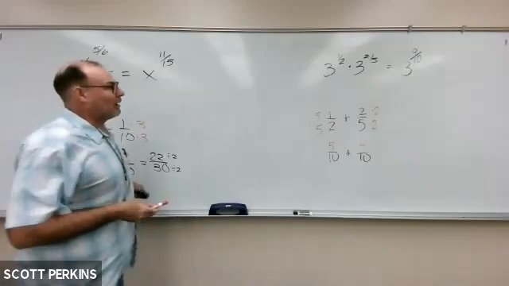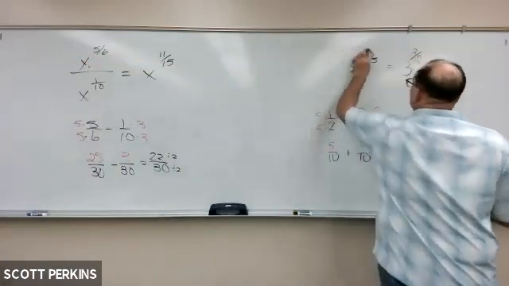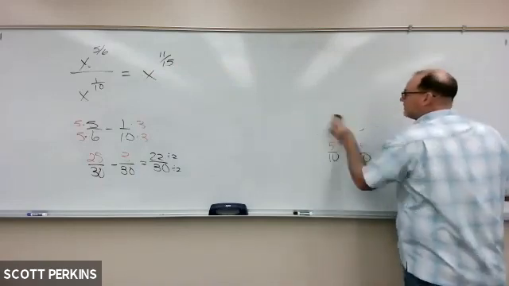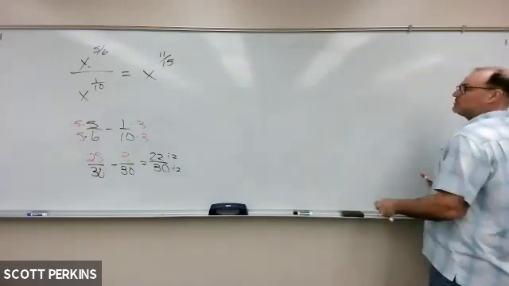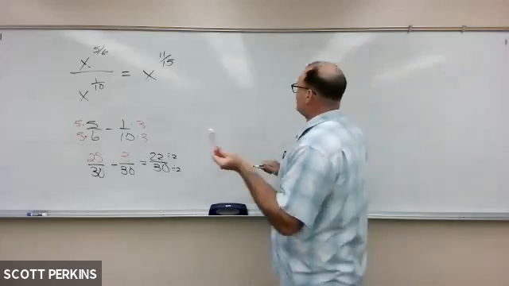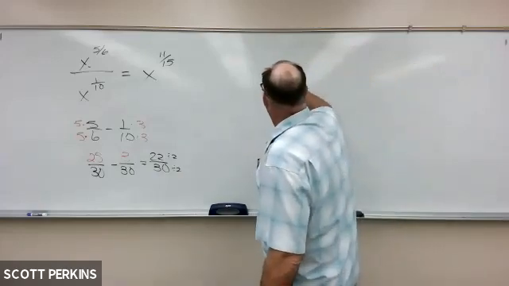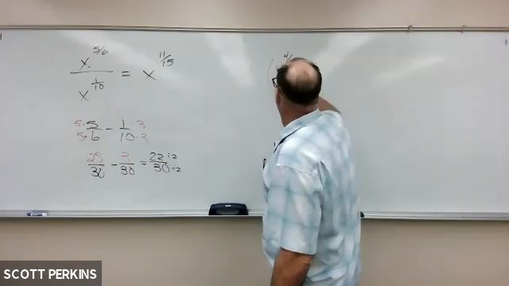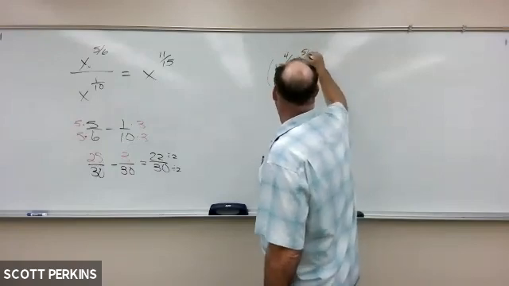Here's a power rule problem. In your notes, it tells you what to do with the power rule. When you have something to a power raised directly to another power, you multiply the exponents. So if I have x to the 4/7 raised to the 5/2 power,